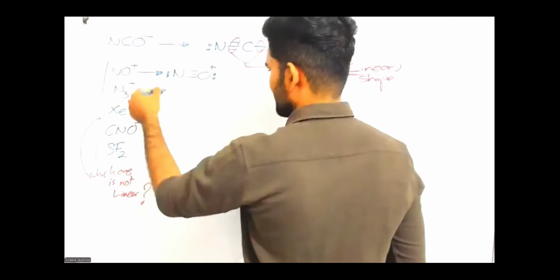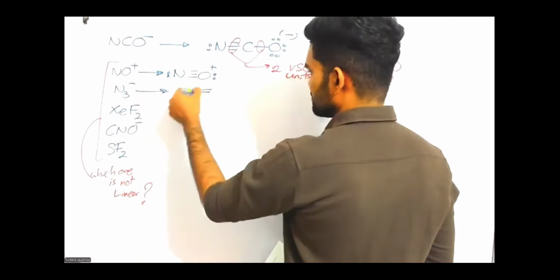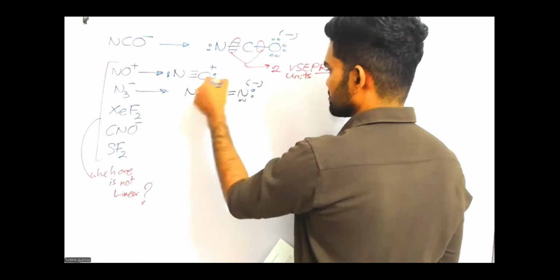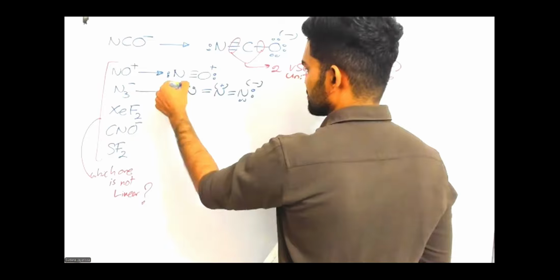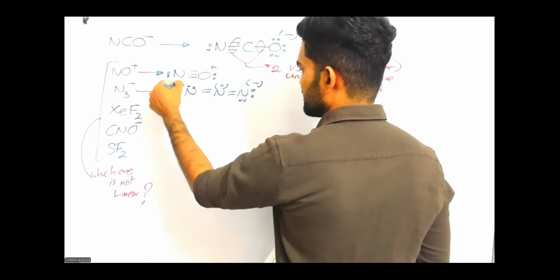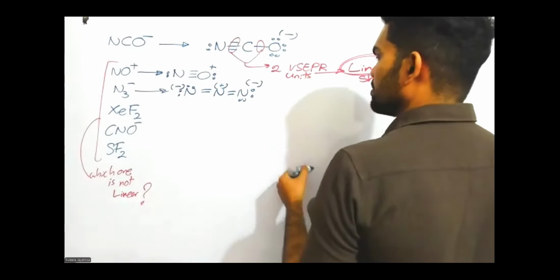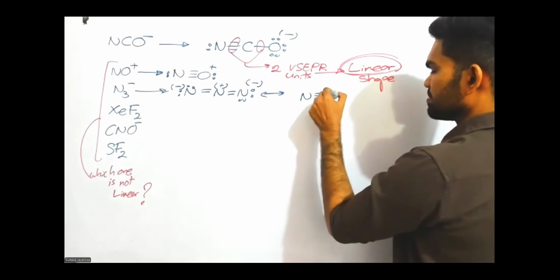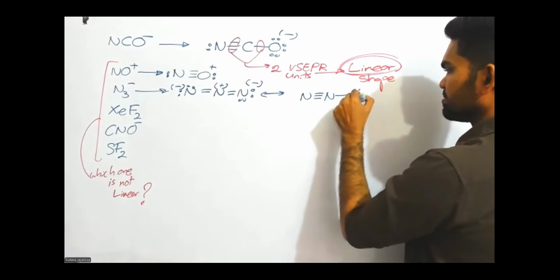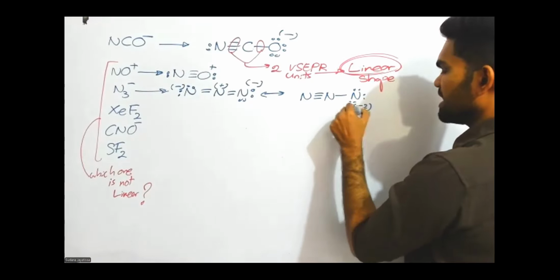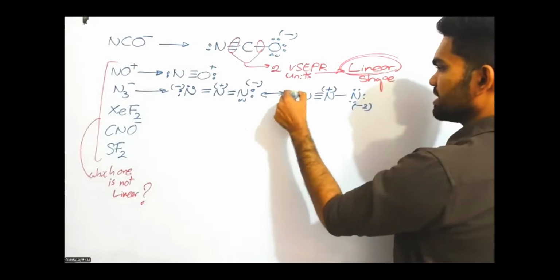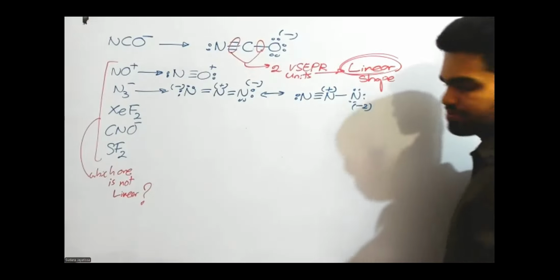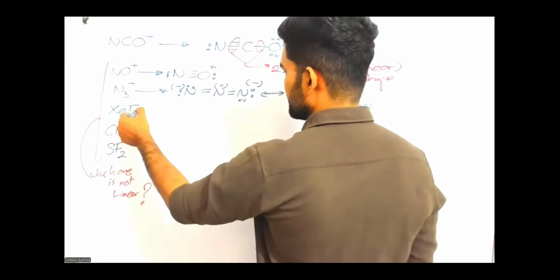And N3 minus, this is the Lewis structure of N3 minus. Or you can draw a resonance of this one. You can draw that too. This was there in your evaluation test. So basically, that is also linear. And XeF2,